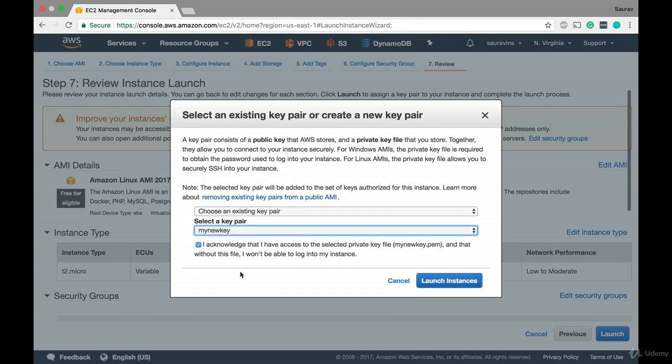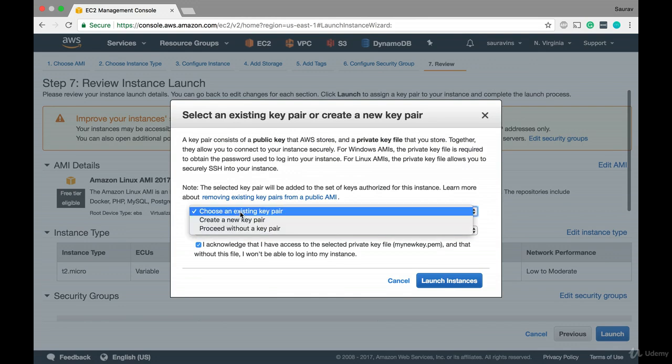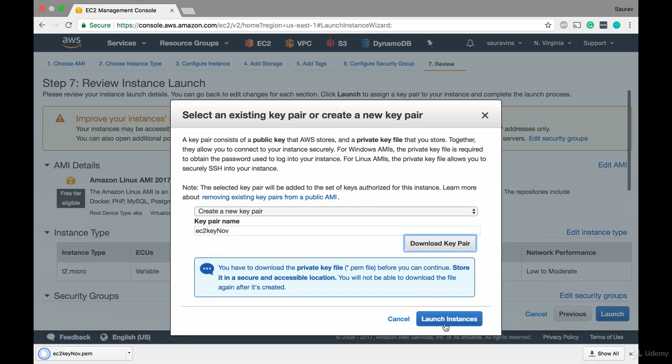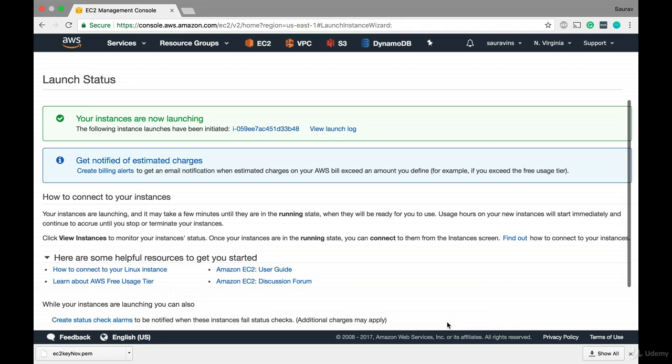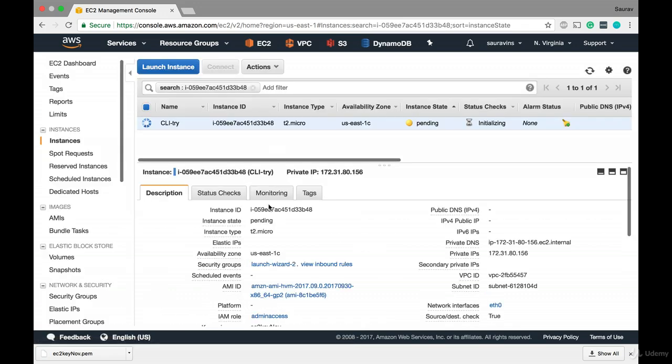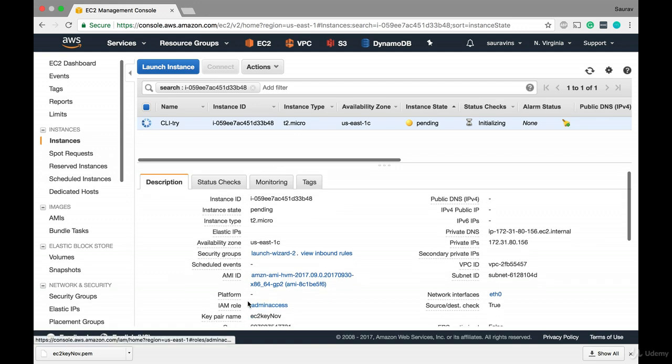So for the key, I'm going to create a new key. I'm going to say CLI key or EC2 key nov for November. Download the key pair. Launch. Okay, so here's my instance, and I'll be trying to log into this instance. Now this does have the role of admin access. So if I refresh this,